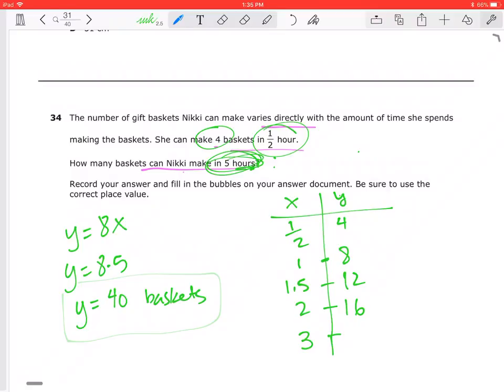If you notice, our slope is 8. Again, that's another way that we can look at this, but we're experimenting here. So for 1 hour we had 8, and in 3 hours we're going to have